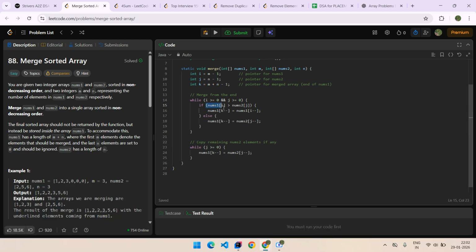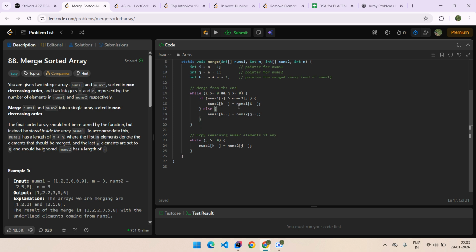If nums1 of i is greater than nums2 of j, then it goes to index k. Suppose k is the index; k always moves backward, and the i or j pointer is moved as well.